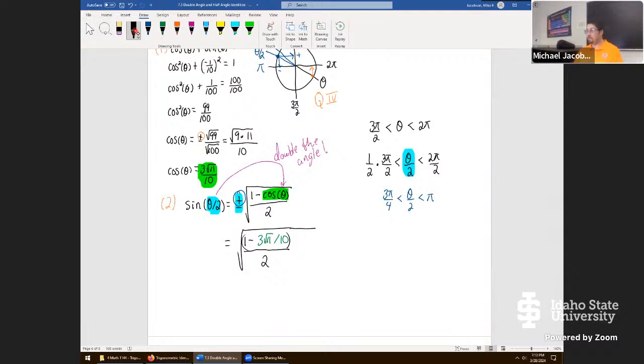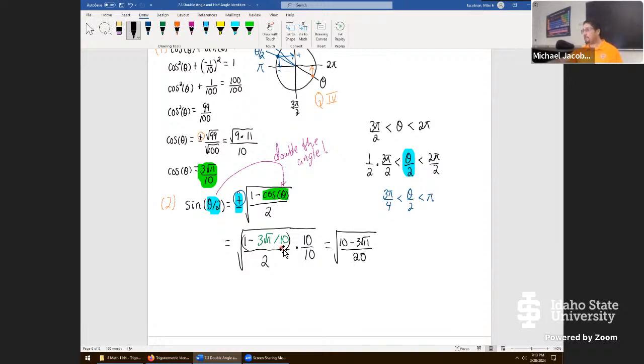Sorry, say again? Oh, gotcha. What you'd want to do the next step, just to simplify it, is multiply by 10 over 10. That's going to clear this denominator, and it's going to turn into root 10 minus 3 root 11